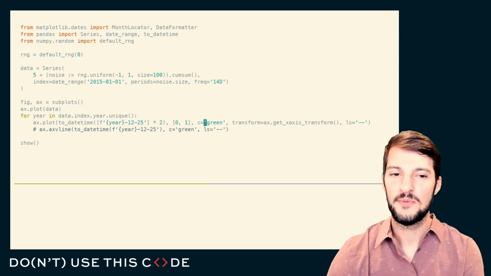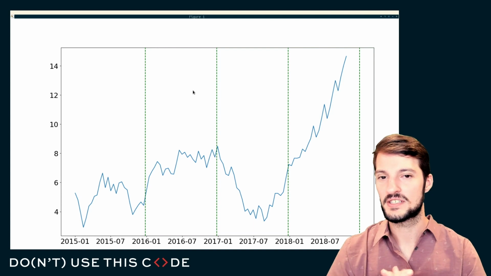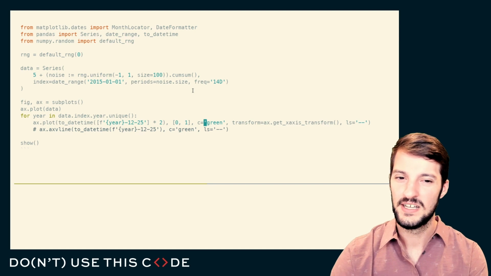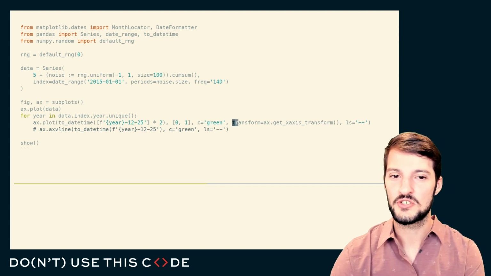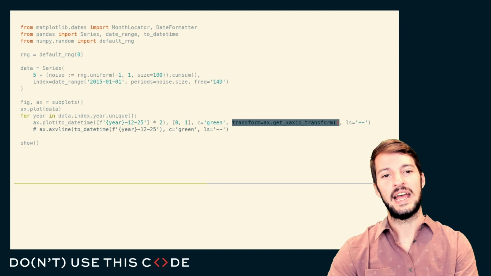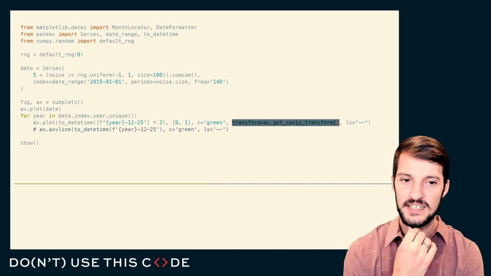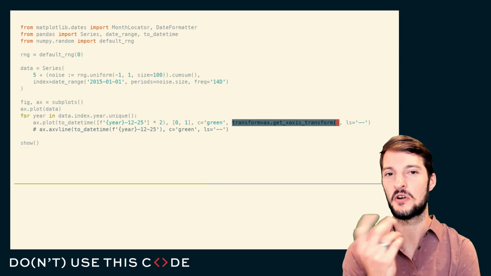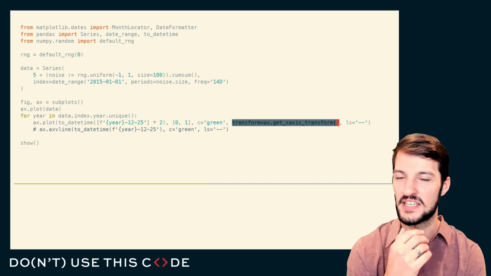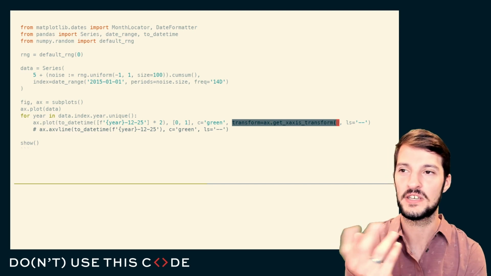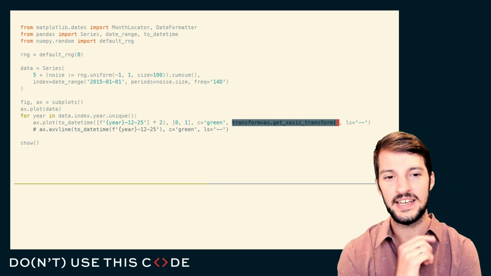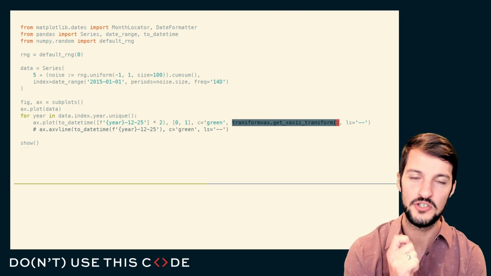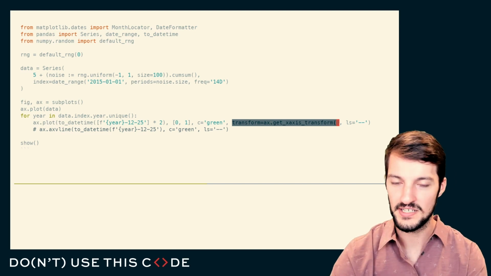What I want to emphasize here is that I'm able to do this, and I could label these with text saying Christmas 2015, Christmas 2016, etc. But the trick here is this transform parameter. ax.get_xaxis_transform is different from transforms that are attached directly to the axes objects, things like ax.transAxes or fig.transFigure. The ax.get_xaxis_transform is interesting because it's what's called a blended transformation system. It's blended because